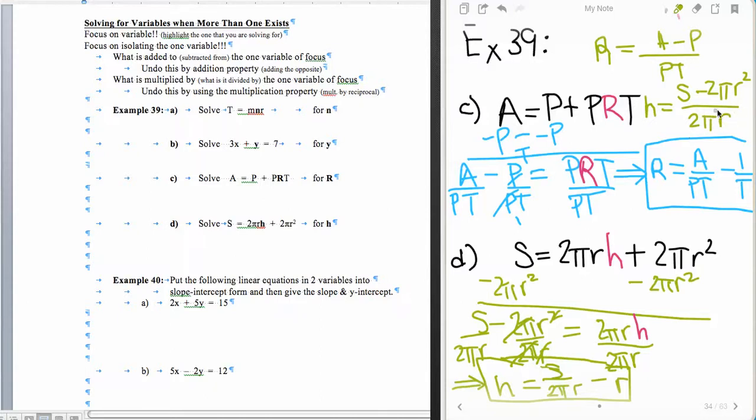And that's what they're going to leave it looking like in most cases. We do not want to cancel this with this because, again, there is no canceling in addition. And so that would be their final answer. And the final answer I have, you have to see that there are two separate